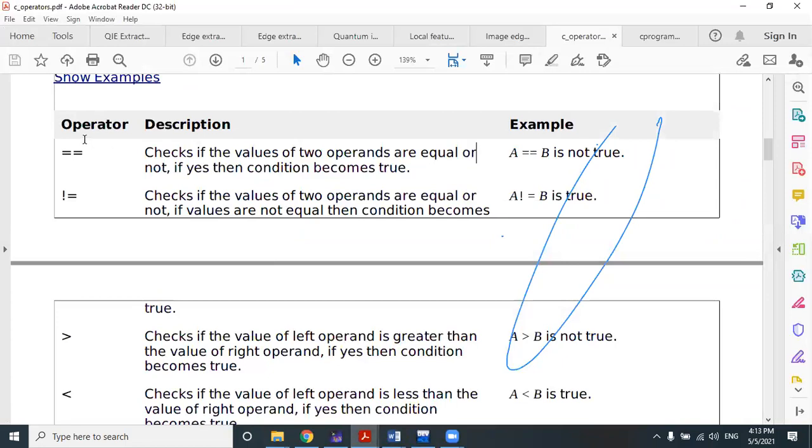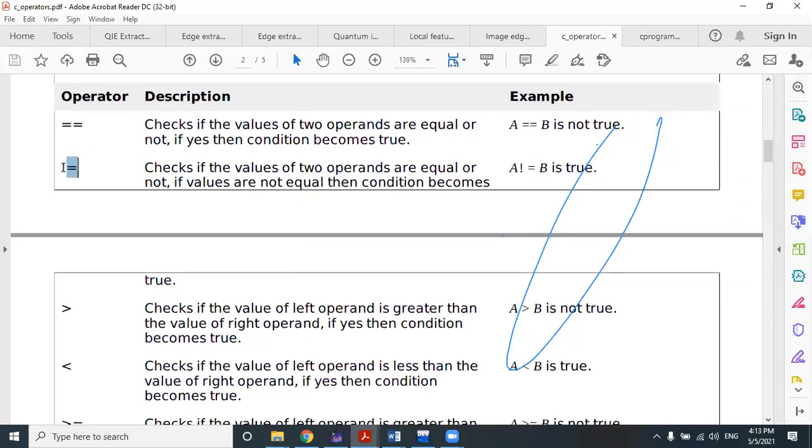So this is the equal to. The rest of the operators, this operator is exclamation sign followed by equal to sign. It is working as not equal to. Just opposite of equal to, this is not equal to. It means whether A and B is not equal to. It means this operator is just working as a vice versa operator of this equals.